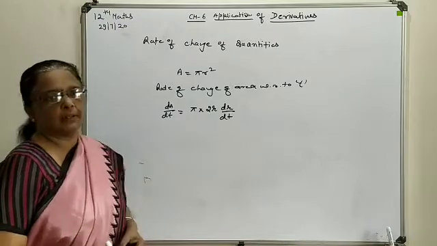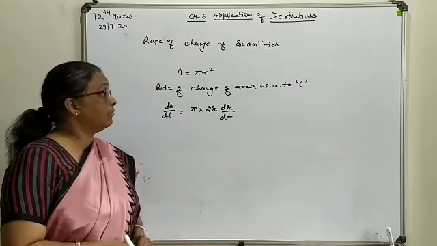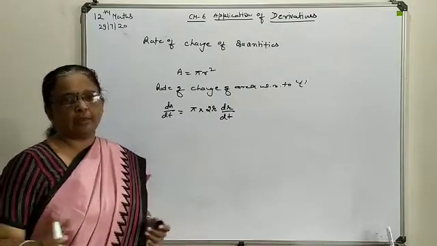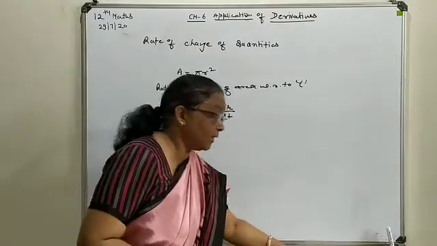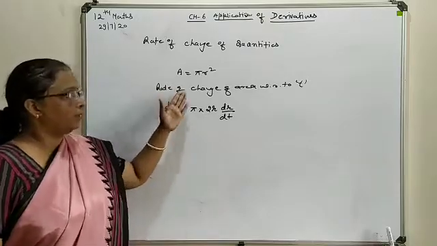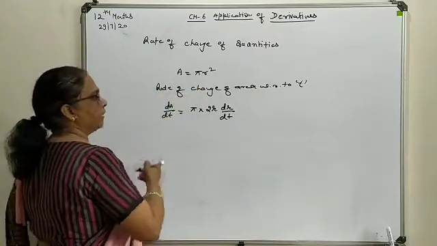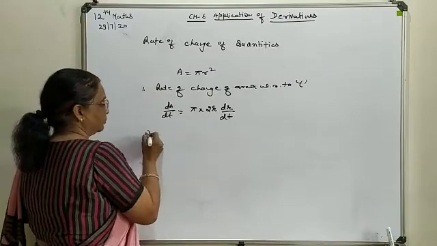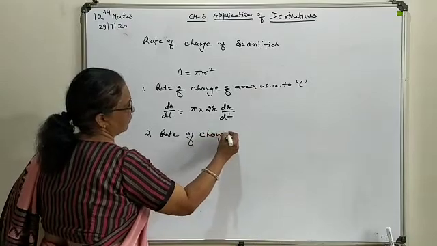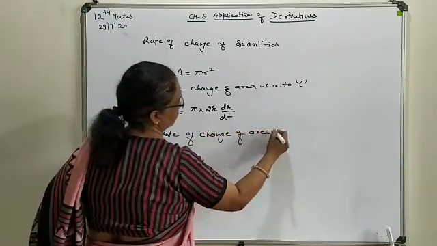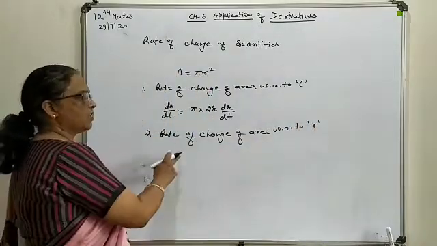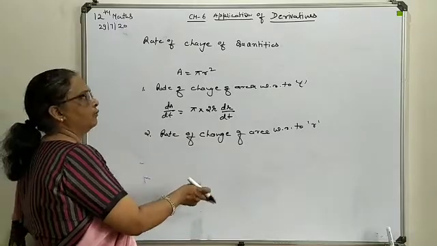Now the second method to find the rate of change is to find it with respect to r also, as r is going to increase, area-wise or volume-wise. At that time, what will be the rate of change of the particular quantity? So secondly, we are going to find the rate of change of area with respect to radius.